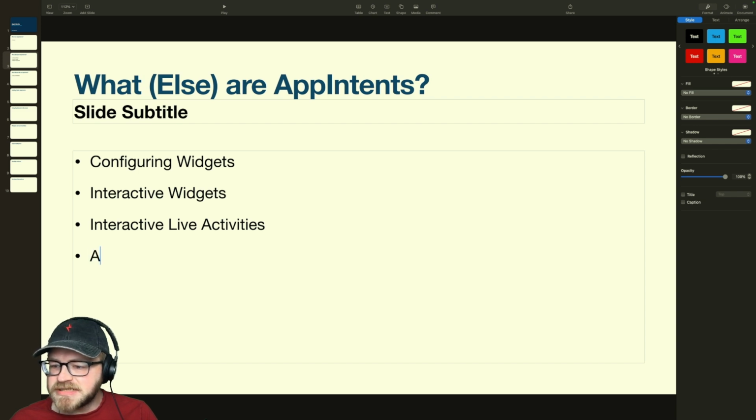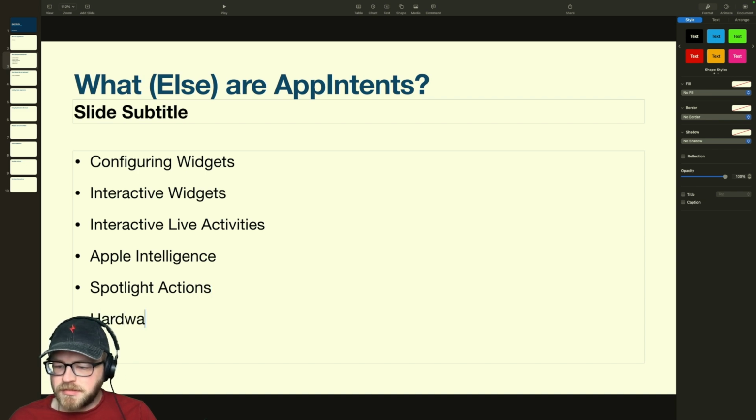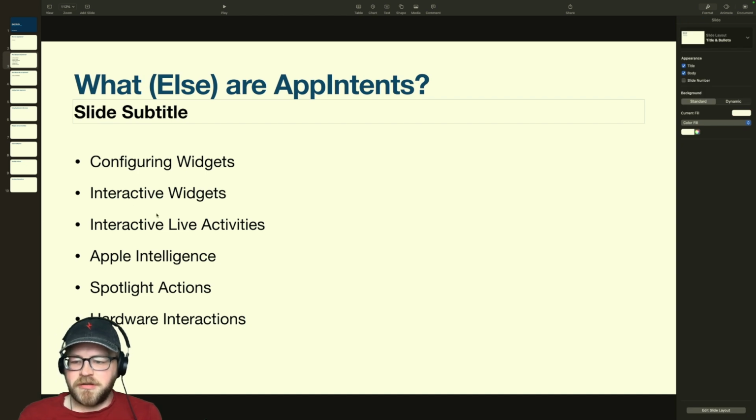Trying to read my very tiny text. Apple Intelligence. Spotlight actions. Hardware interactions. Yeah, so these are all the various other things that app intents can do.